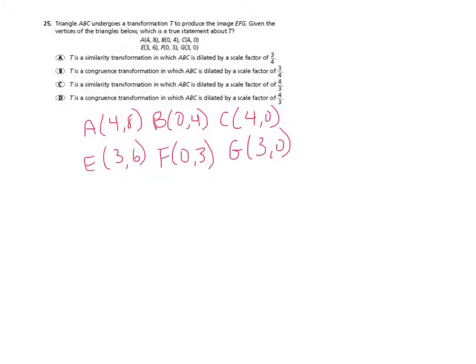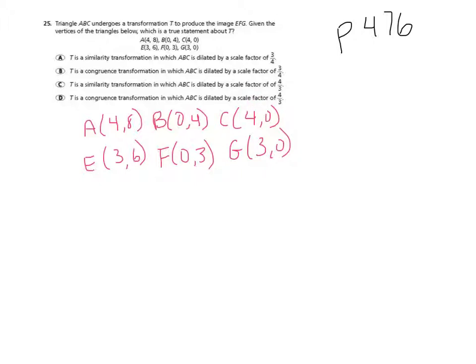All right, this final solution for page 476 I want to show you is number 25. Number 25 says triangle ABC undergoes a transformation T to produce EFG. So given the vertices of the triangles below, what is true about T? What is the transformation? So I just rewrote the vertices down here so I could work with them a little